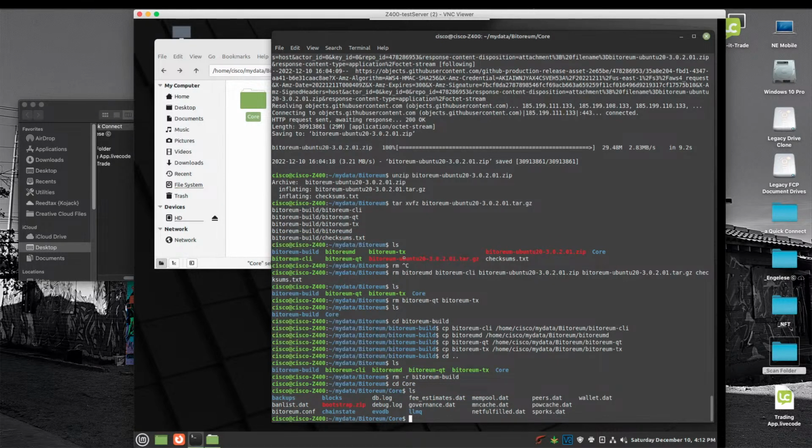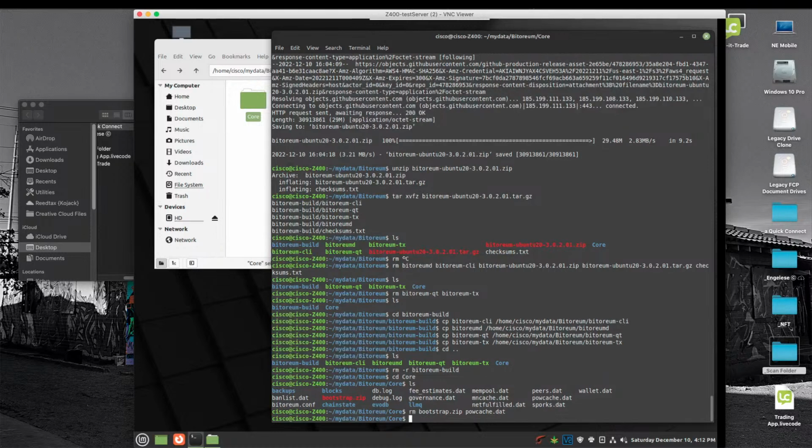Now, I have an older bootstrap. Actually, this is the bootstrap we want, but we're going to assume that this is an older one, so we're going to want to remove that file, bootstrap.zip, and the powcache.dat file. Those are the two that I really want to get rid of, and then we also want to get rid of the backups, blocks, chainstate, evodb, and llmq folders. You don't really need to do this part of it, but I find that it works a lot better, particularly on Mint Linux for some reason. It doesn't actually always overwrite them, which is what we want to do. We want clean data, so we're going to remove recursively,